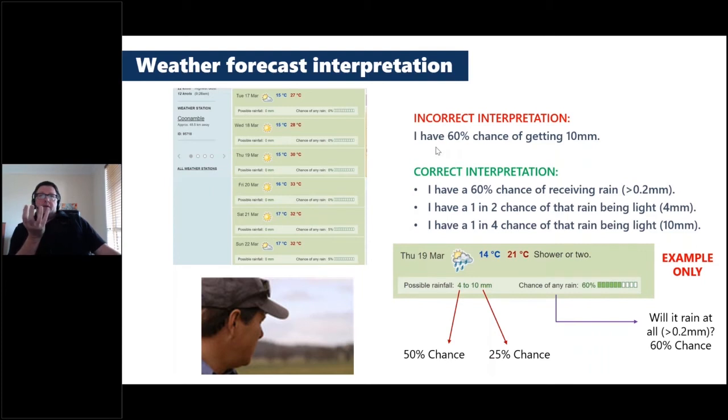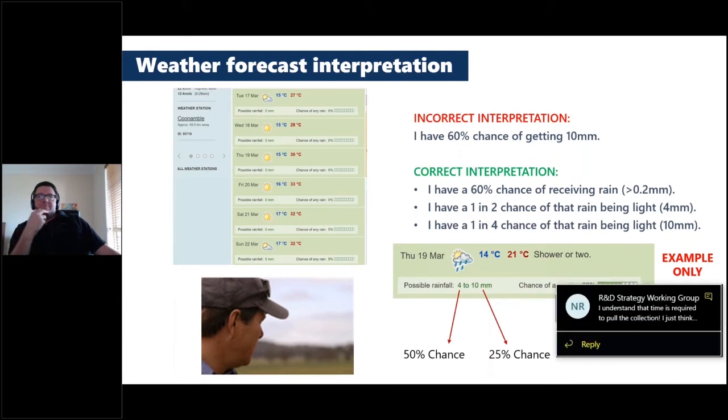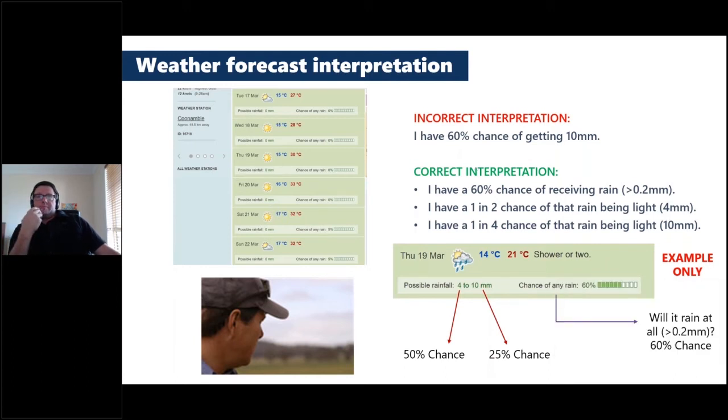What we've found is some people interpret that as, great, they're optimistic people. I've got a 60% chance of getting 10 mils. And in cases where that top range is, say, 50 mils, people go, wow, strong chance of sowing rainfall, strong chance of rainfall that's going to get production on track, or really make a big decision in their agronomy or their cropping rotation. And we've seen people get that wrong and get very frustrated.